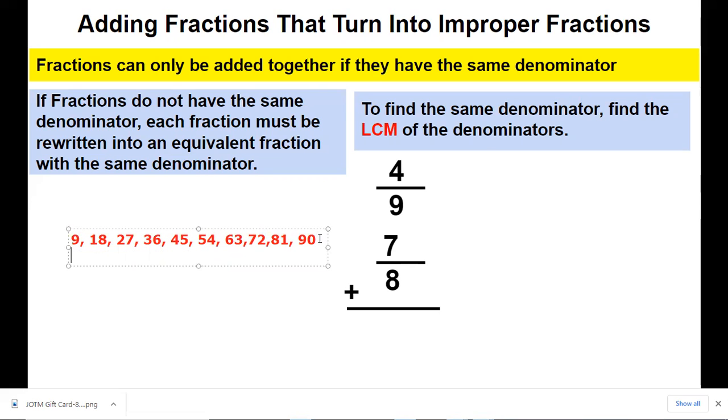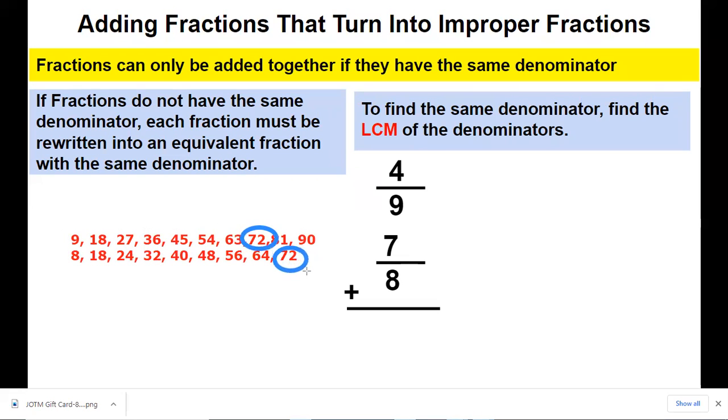So now let's do the 8s. 8 times 1 is 8, 2 times 8 is 16, 3 times 8 is 24, 4 times 8 is 32, 5 times 8 is 40, 6 times 8 is 48, 7 times 8 is 56. Oh, do I have a match? Nope. 8 times 8 is 64. 9 times 8 is 72. There is my first match. So that tells me that